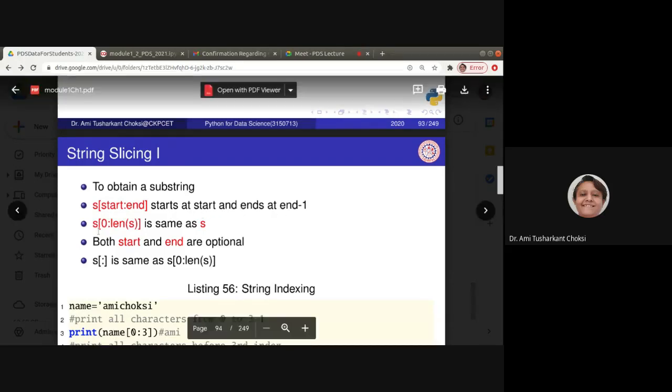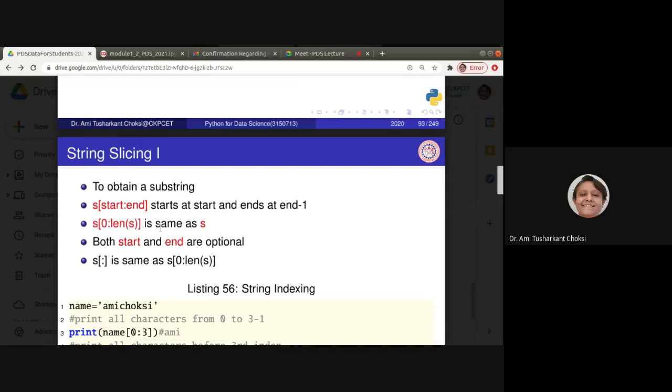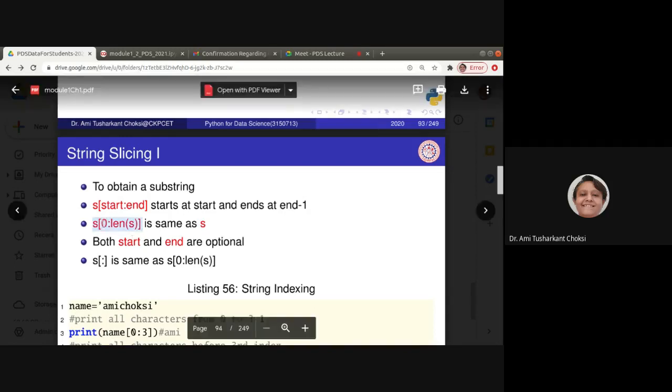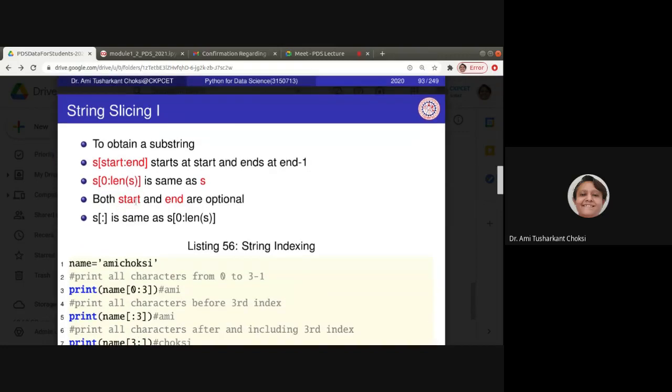Say S of 0 colon len of S. That means it will consider the same as S, starting from start, that is 0, and ending at whatever is len of S minus 1. Both start and end are optional. It is not necessary that you provide the start and end.